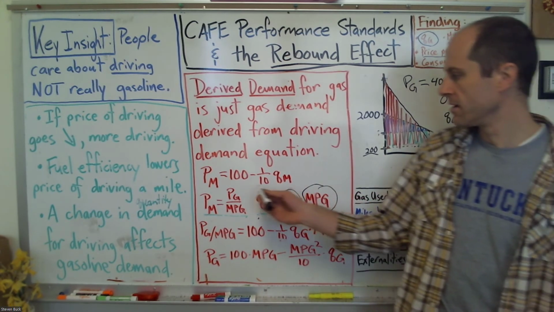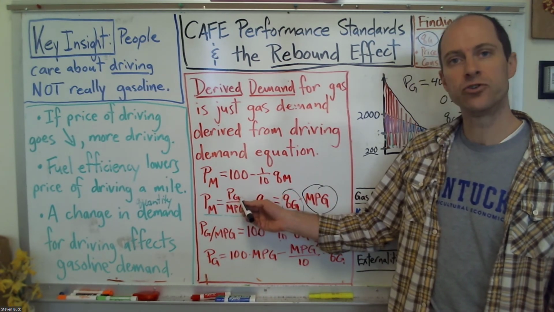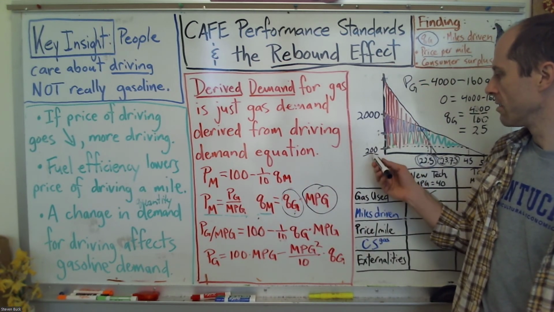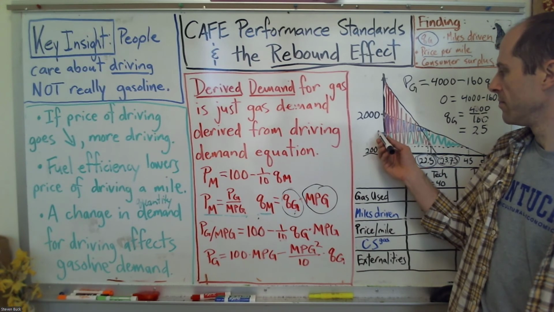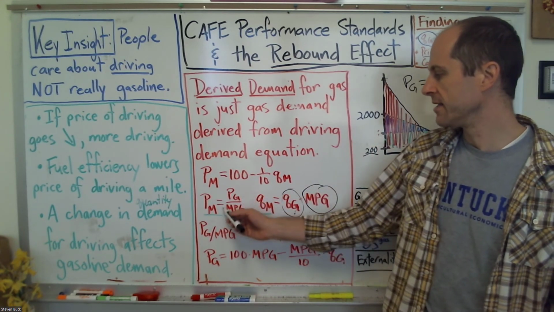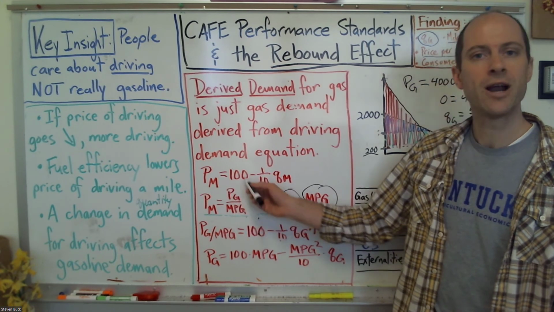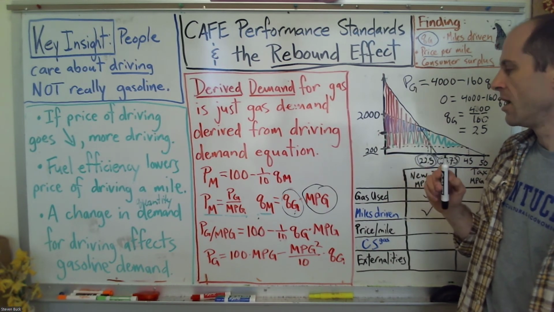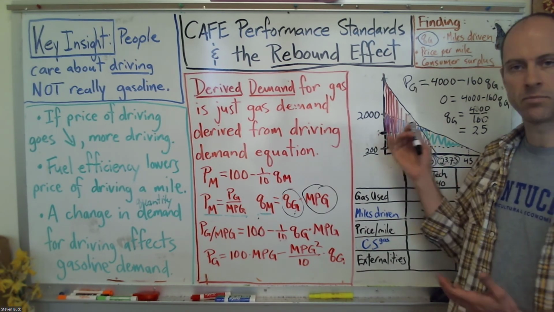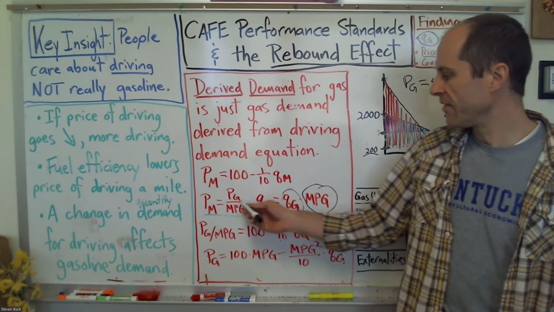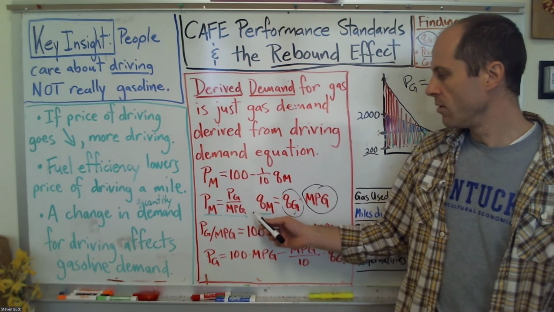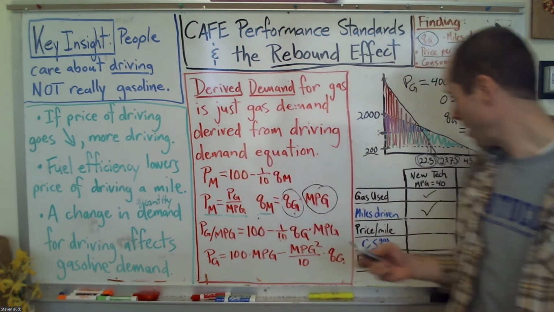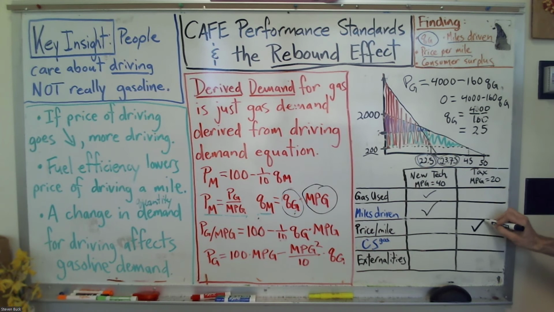Under the tax, our price paid by the consumer is much, much greater, and the miles per gallon is still 20. So if the numerator has increased, which is certainly the case, this is the price paid by consumers under the tax, that is the price plus the tax, and the miles per gallon, the denominator goes down, well, the price per mile is going to go up a lot. So the price per mile is greater under the tax. And note, this is the pump price that I'm referencing.